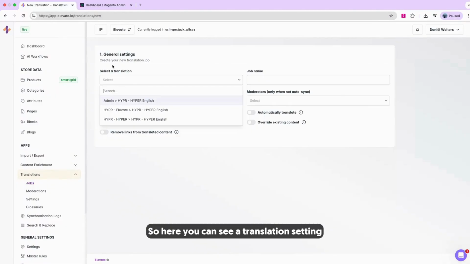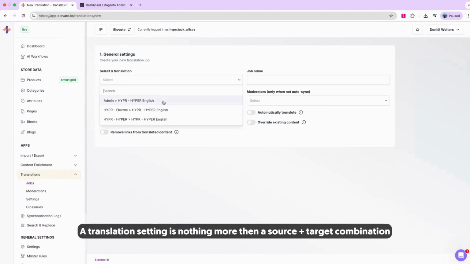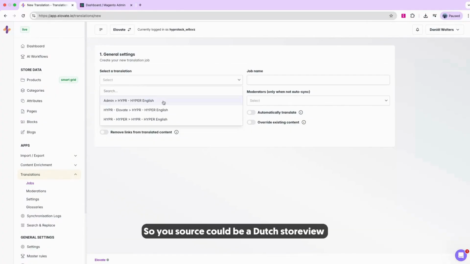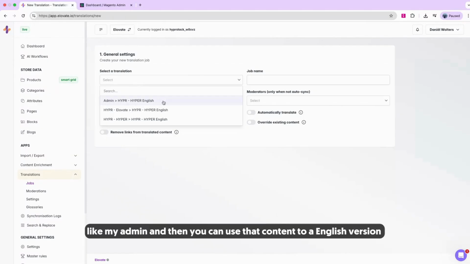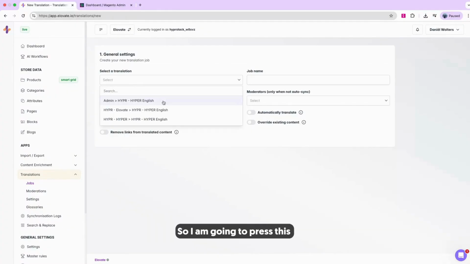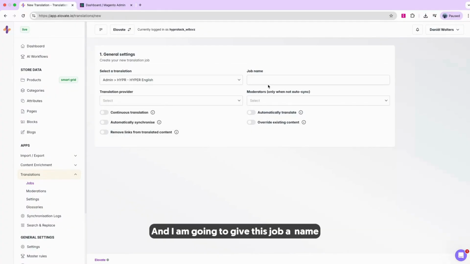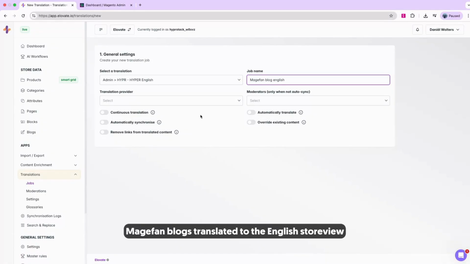So here you can see a translation setting. A translation setting is nothing more than a source plus target combination. So your source could be a Dutch store view like my admin, and I can use that content to translate it to an English version. So I'm going to press this and I'm going to give this job a name. I'm going to call it Magefan block English because these are going to be Magefan blocks translated to the English